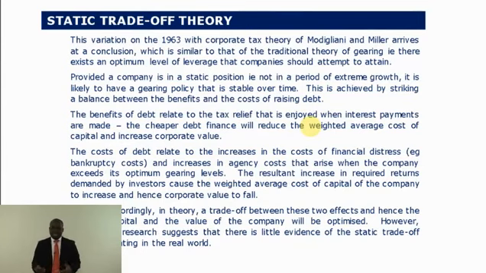There's another theory which is static trade-off theory. All these ones are not there. The issue in this chapter is how to use the Miller and Modigliani formulas, and when to need them. That's it.